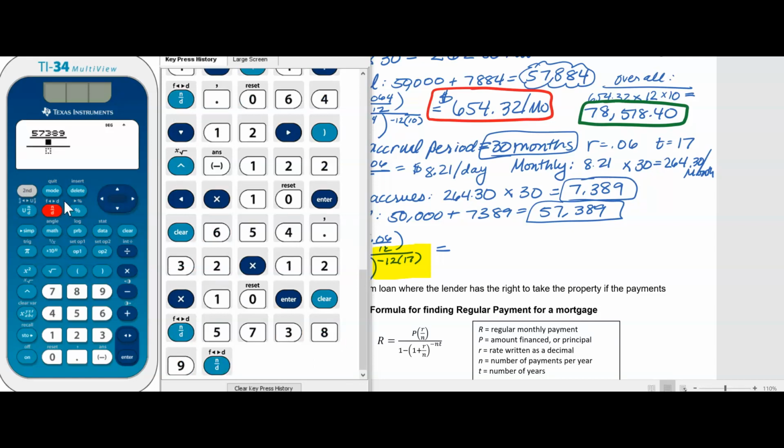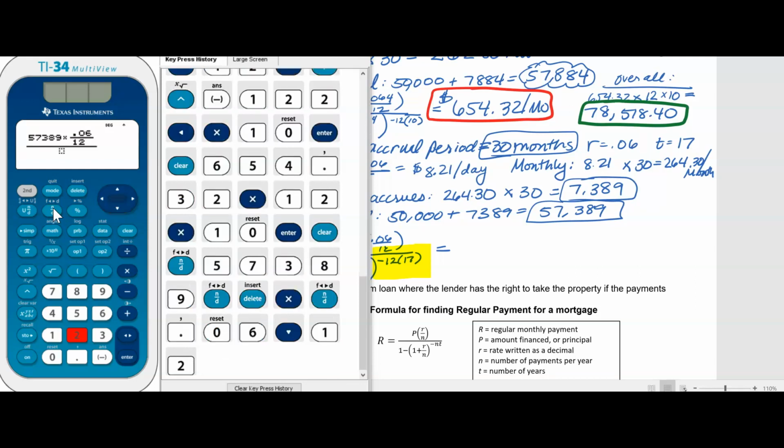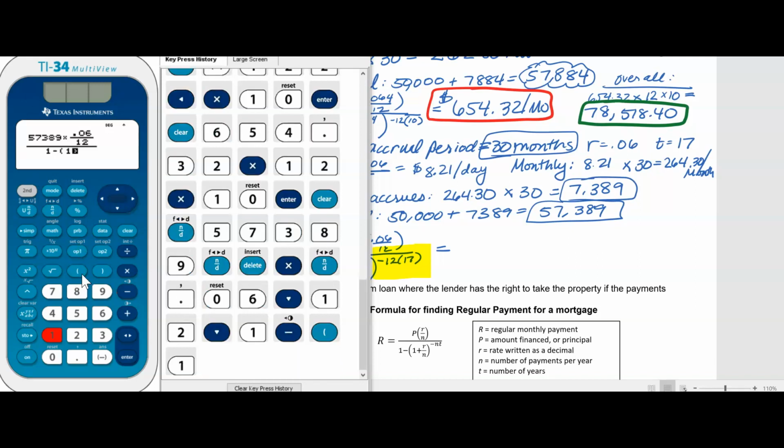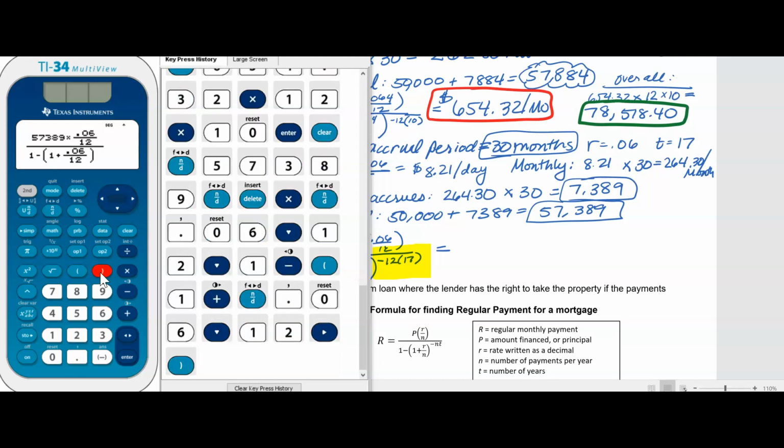So we got 57,389, and then I'm going to hit times N over D, and then we're going to put 0.06, arrow down, 12, arrow down, and then 1 minus, parentheses, 1 plus, N over D, 0.06, arrow down, 12, arrow to the right, end parentheses,